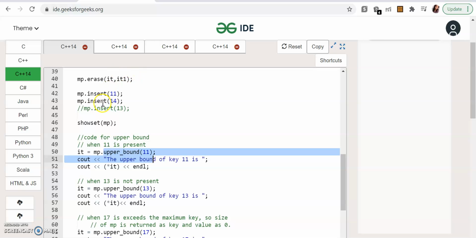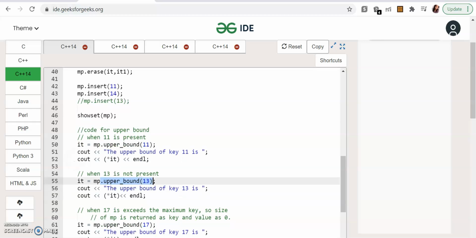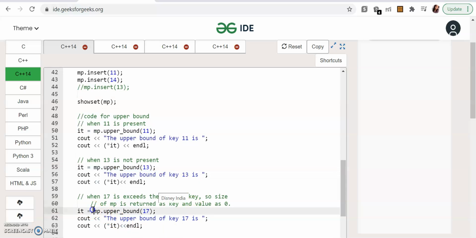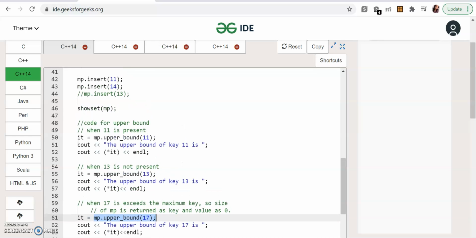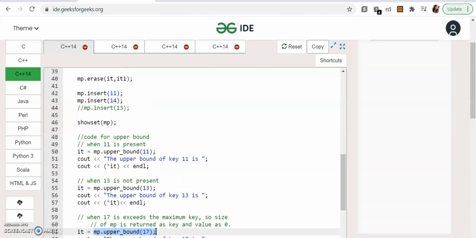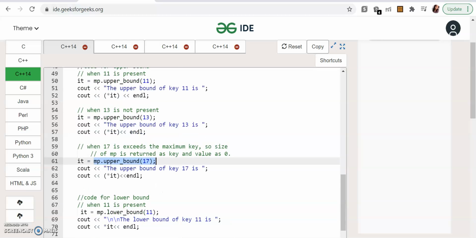In this case it will return 14, and if the element is not present, then also it will return the upper bound, that is 14, the next highest element. When you are doing upper bound for an element that is the highest, for example, no element higher than this is present, it will simply return the size of the set. So whatever the size of the set will be, it will be returned.